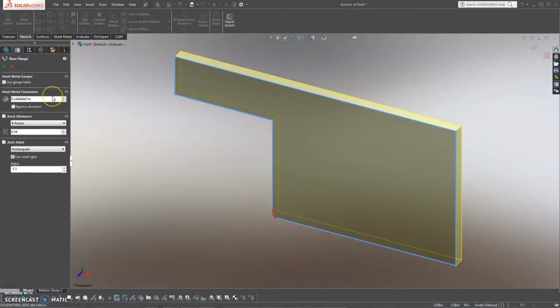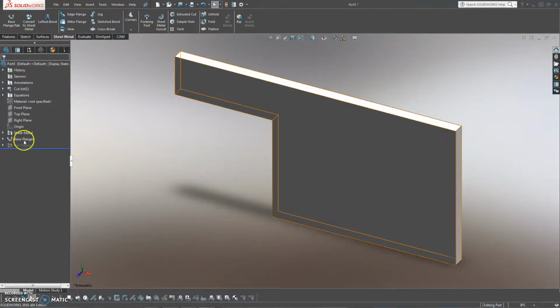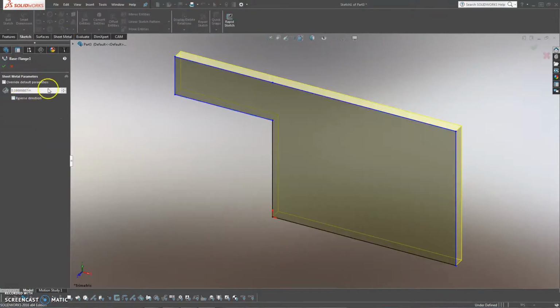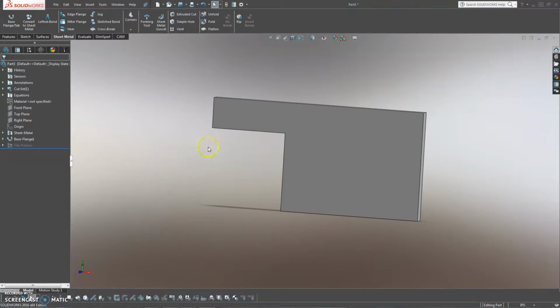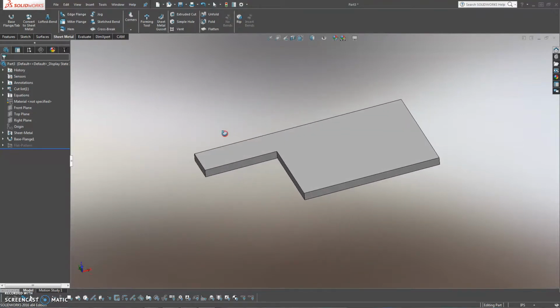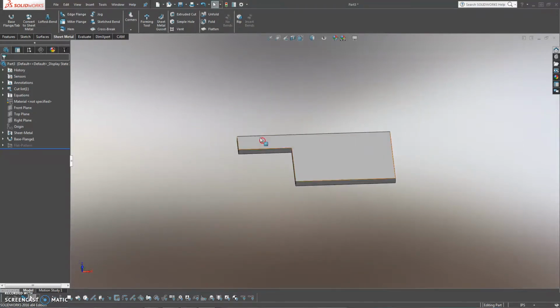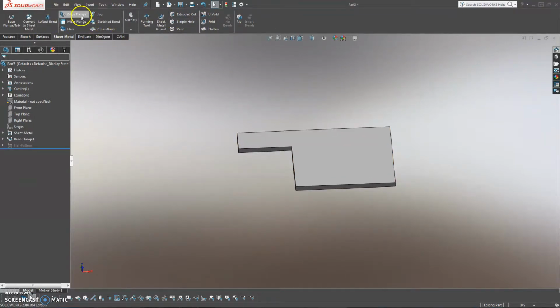Once you've exited the sketch, this will give you some parameters on what you want the thickness of your sheet metal to be. I'm just going to do a 16th or a 6th and then hit OK. You can always go back and change that thickness if that's what you want. Once you have the base segment of your sheet metal part, then all the rest of the options will unlock for you. Today we're just going to go over to the edge flange,